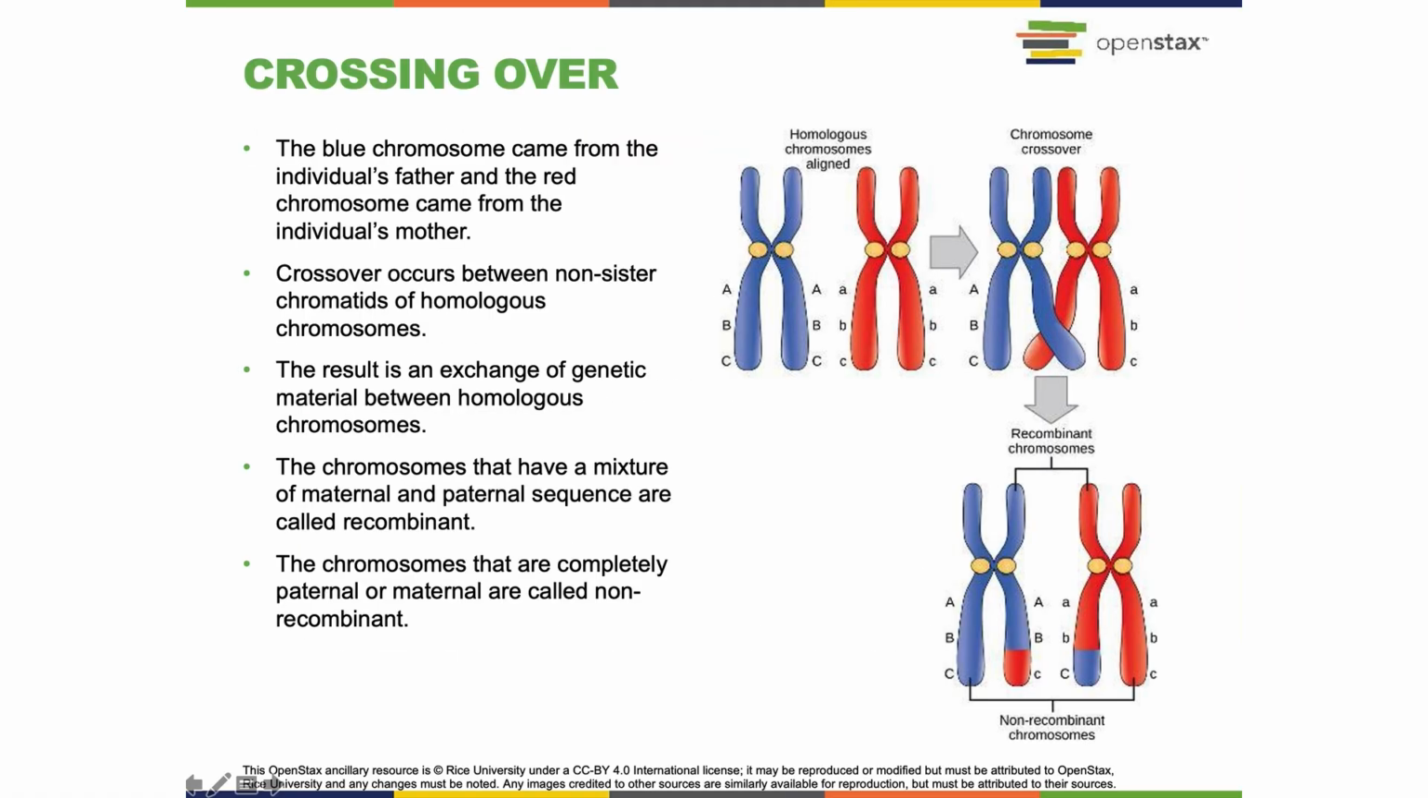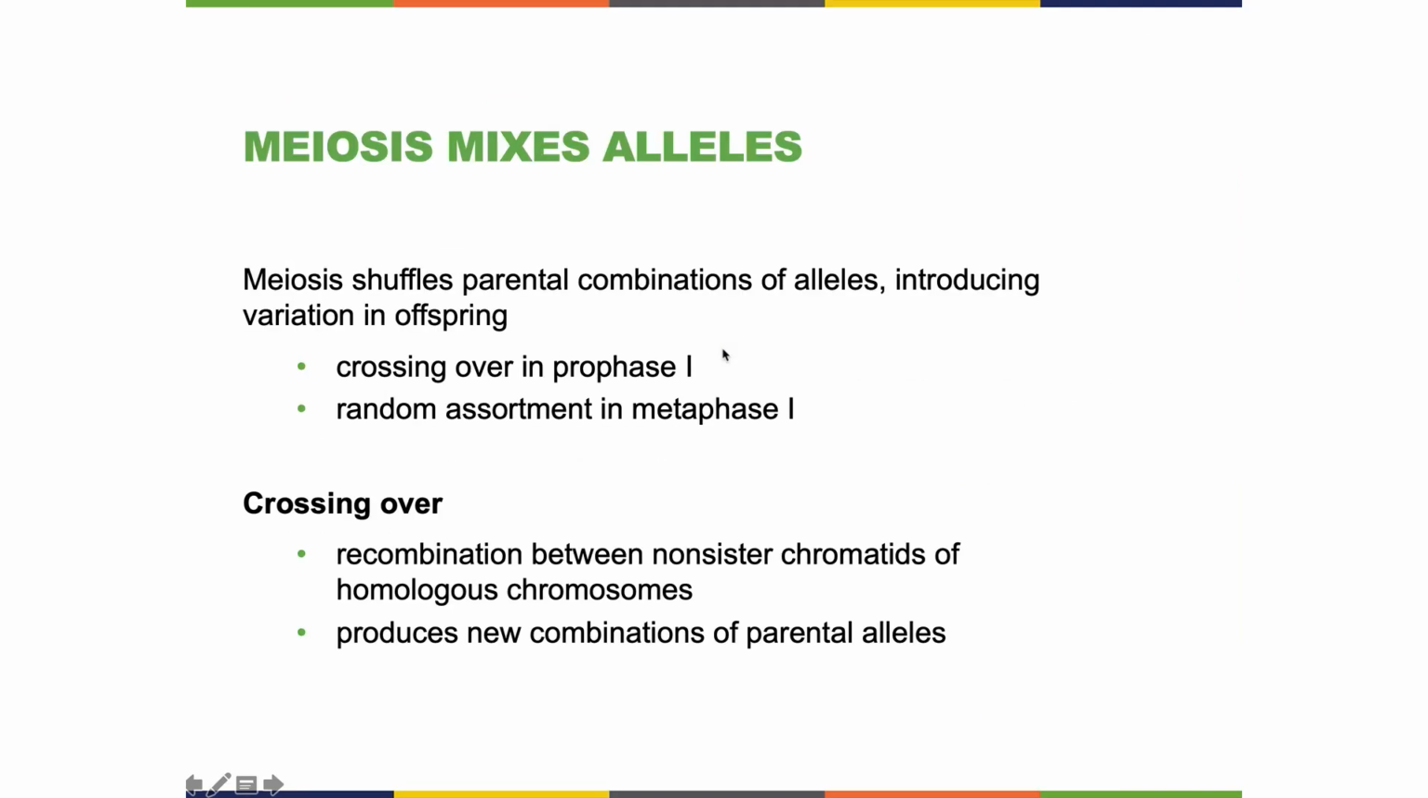from the parent. Okay, this is a tetrad. This is a pair of sister chromatids from the blue chromosome, a pair of sister chromatids from the red. One of these, either the blue or the red, came from one of the parents, the other came from the other. Okay, and you can see the alleles they have. When you see capital letters, that's usually meant to be a